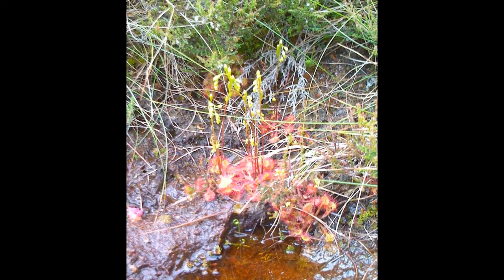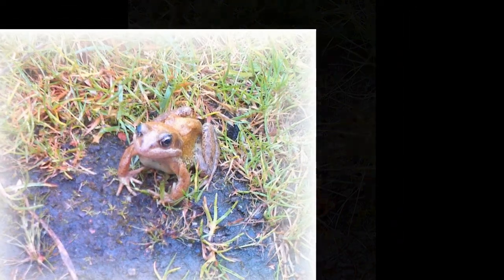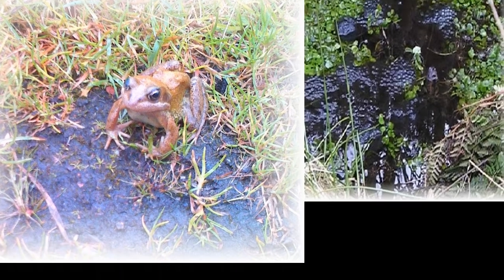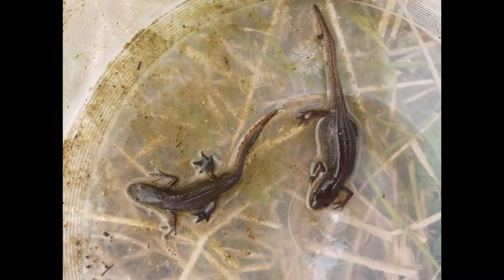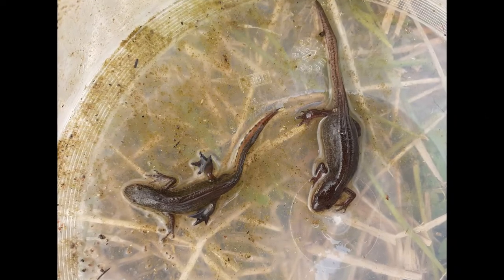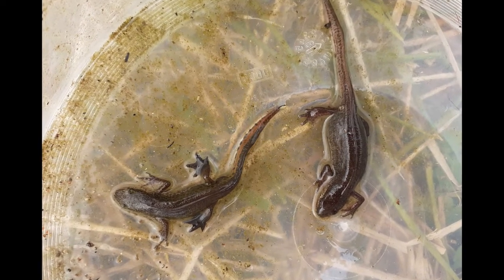This inhospitable-looking wetland is home to many animals. The frogs arrive to spawn in spring, quickly laying a mass of clumps of eggs. They are closely followed by Palmate Newts, our most common newt, preferring the shallow pools and more acidic conditions of the bog. Male Palmate Newts can be identified by their black webbed back feet and a filament at the tip